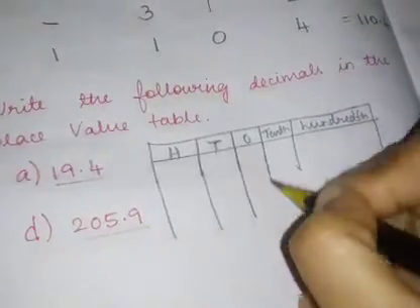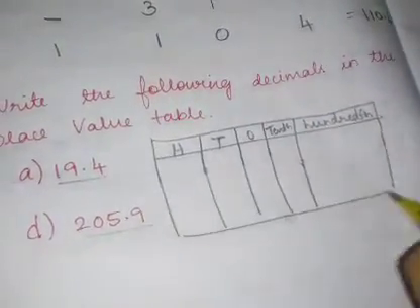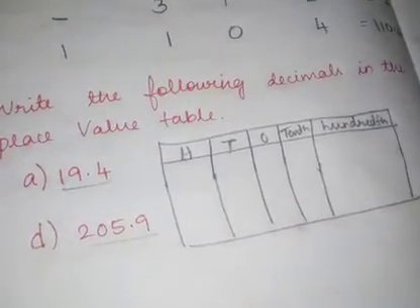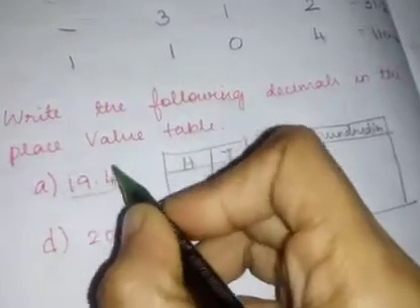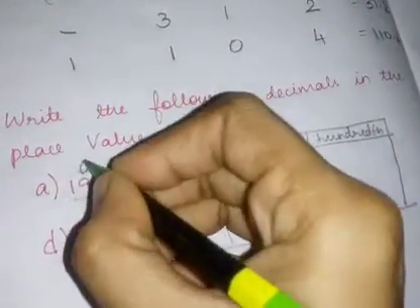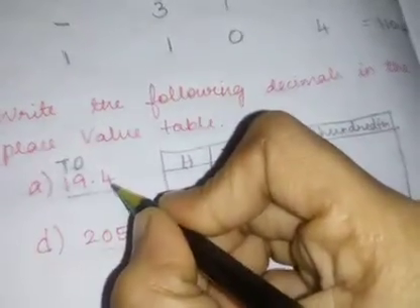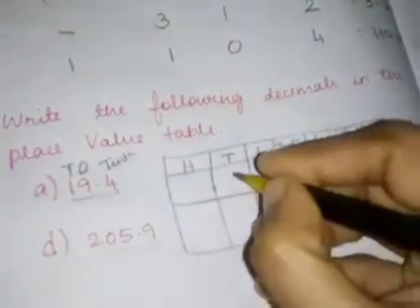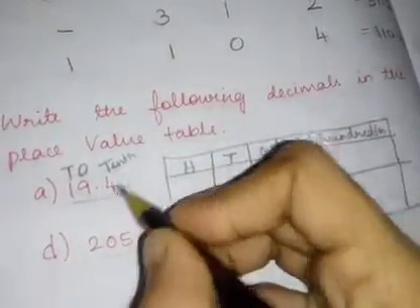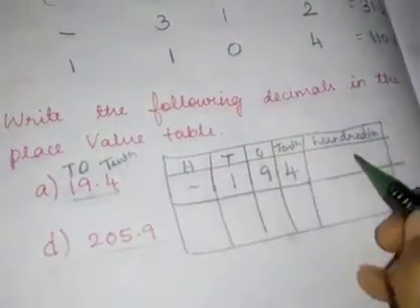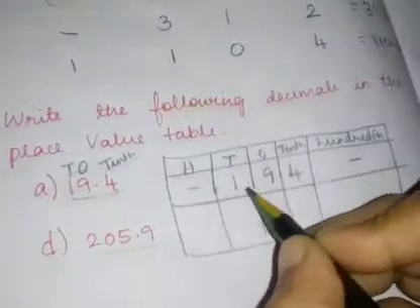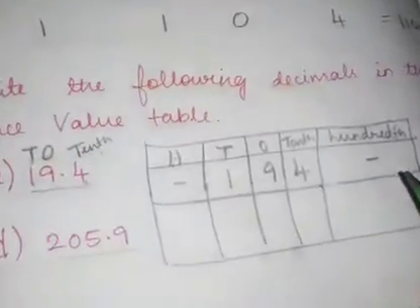I am going to draw the place value table like this. Ones, tens, hundreds. Then tenth, hundredth, thousandth. Okay. So now this is your whole part. This is your decimal part. That you know, right? So ones, tens. So what is the place value of this? Tenth. Now shall I fill in this? Ones is 9. Tenth is 1. Tens is 1. Tenth is 4. So these two you can put a box because they don't have anything. So 19.4 can be written like this in the place value table.